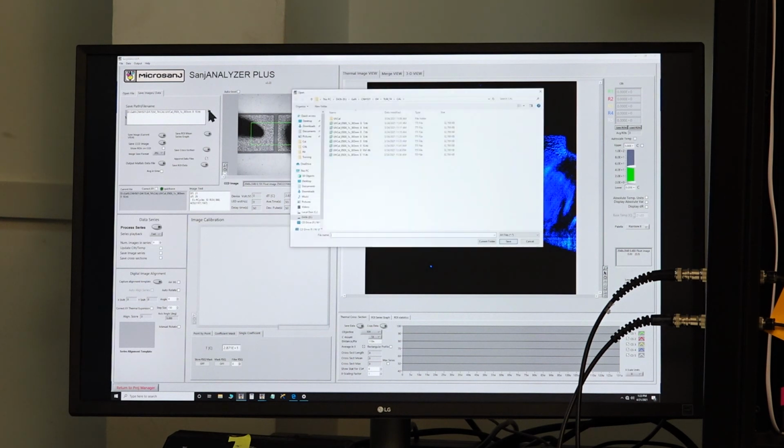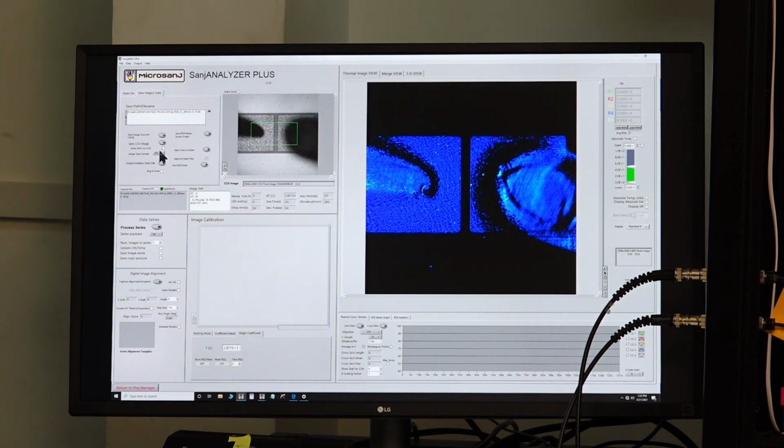We select our folder, and we select the image format, which is image save format. It is set to JPG, we go to TTI. TTI is the default format in which the thermoreflectance images are saved. We go there, and then we click on save. Save image current view. The moment this is done, the corrected calibration map is stored.